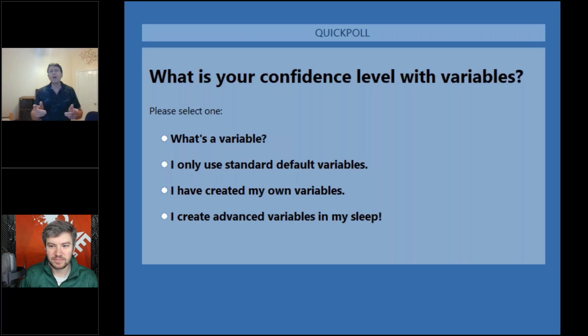Keeping in mind that there are also learners that are not attending live and will be looking at this afterwards, I want to make sure that I briefly touch upon the very beginning, what is a variable, to include people who may never have used variables before. But for those that have, be patient, not for too long, because I'm very quickly going to show a lot of examples that get increasingly more complex and more powerful and more impressive.